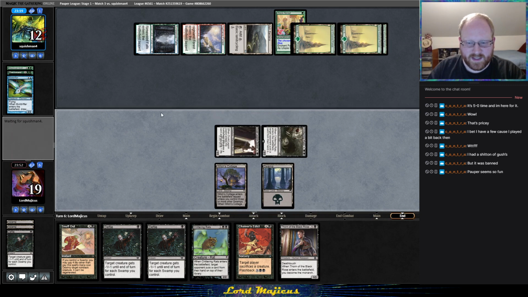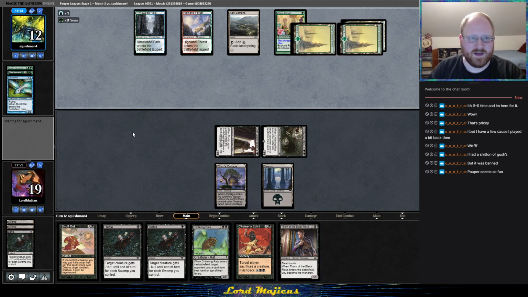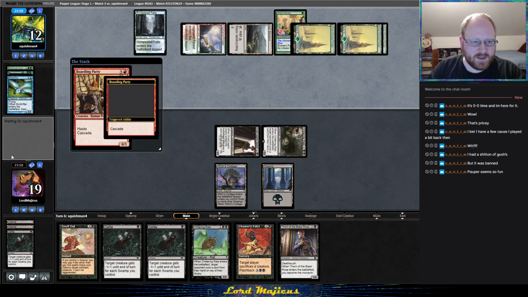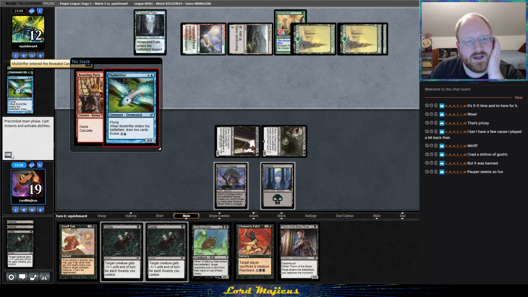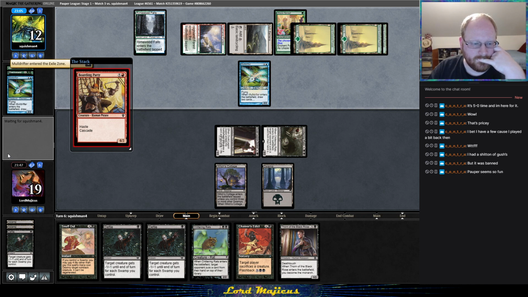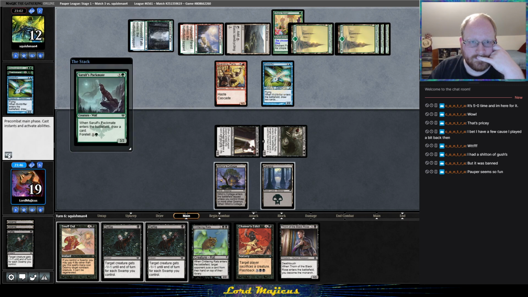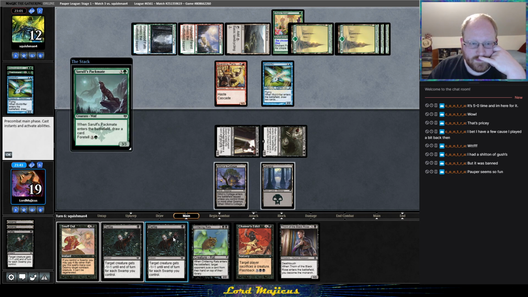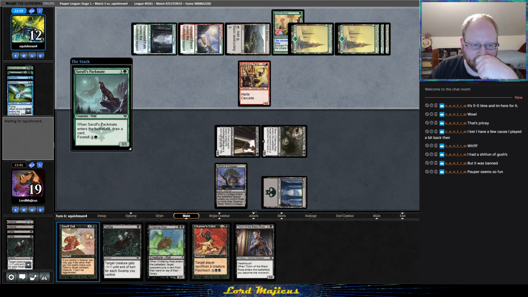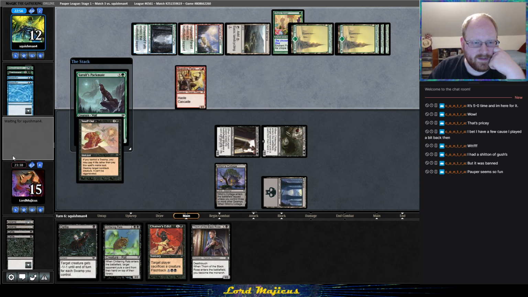Probably cutting Gary's in this match and maybe Thorn. Pestilence does not seem like it's going to be good here either. Boarding Party. Cascading, okay. They cascade into Mole Drifter. Okay. Four life is better than losing 6, so...